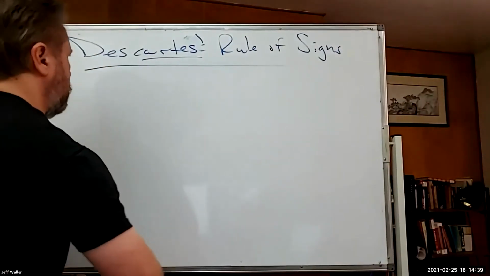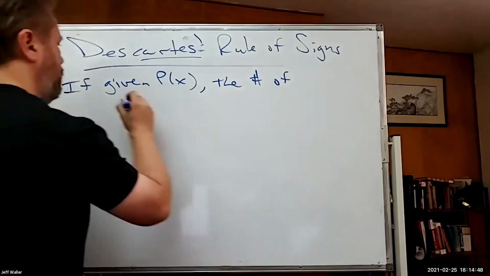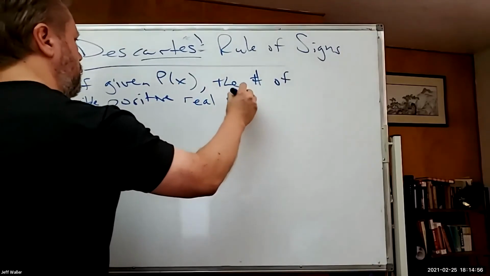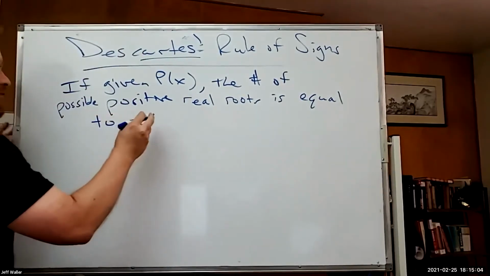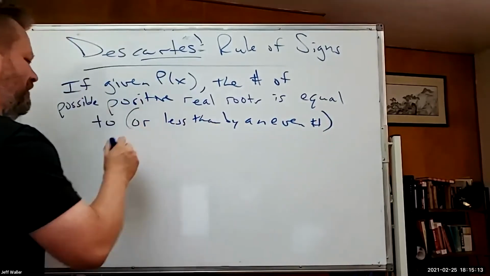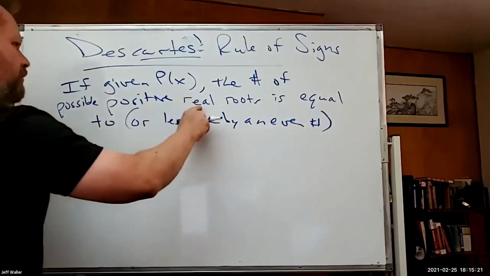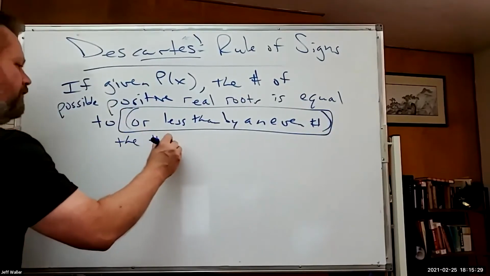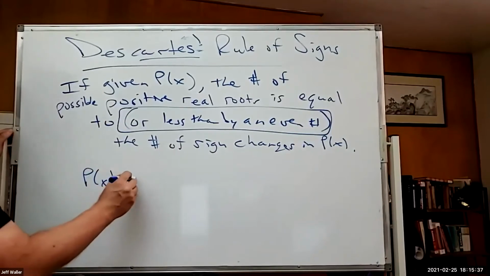So here's where things get a little bit more interesting. If I'm given a polynomial, the number of possible positive real roots is equal to, or less than by an even number, the number of sign changes in P of x. You gotta trust me. Stay with me. We'll talk about the or-less-by-an-even-number part in a minute. So for example, if I'm given this polynomial here,